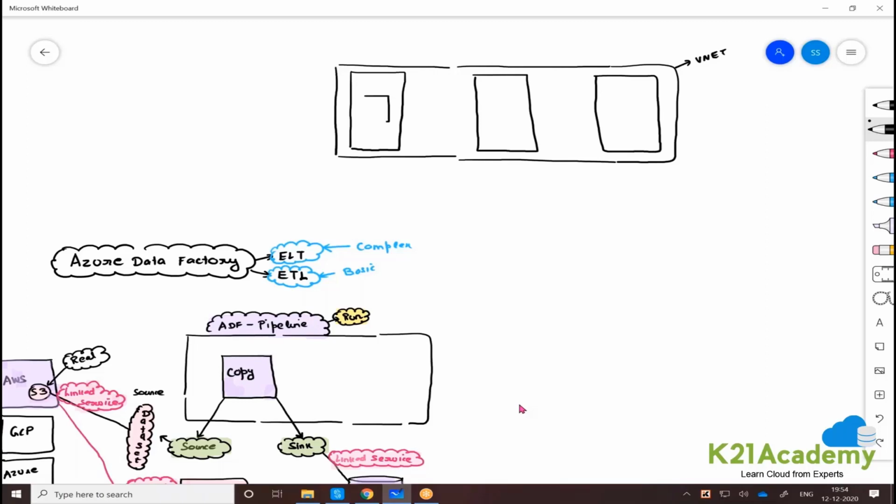So let's say your source was inside network. Let's say this is the source over here, and this is the sink location, right? Now everything is inside. This is sink location. Everything is inside virtual network. Now virtual network is one security boundary or security isolation, it's one isolation as such. So in this scenario, if you use Azure IR, let's say if I use it, so these are the servers